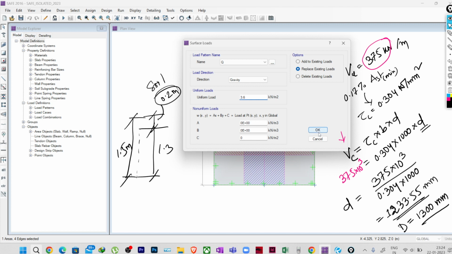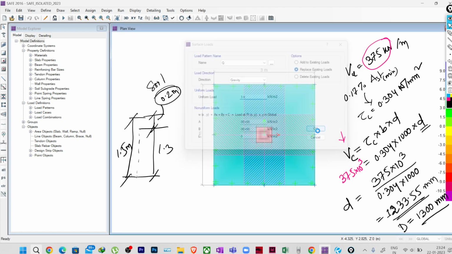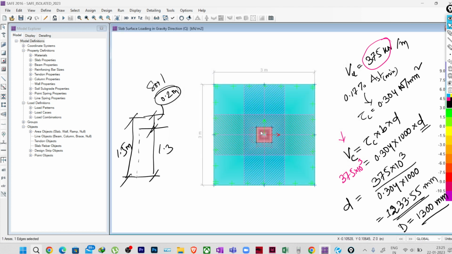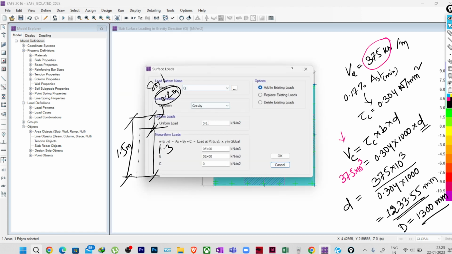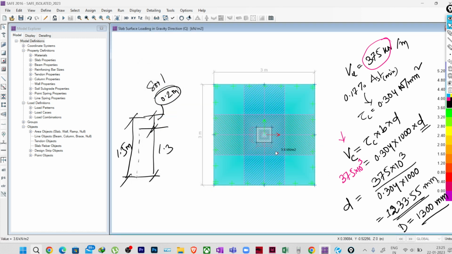So 3.6 kilonewton per meter square area load we have applied. Now to remove the load from this column location, I'll select this column location. I'll go to assign load data, surface loads, and I'll make it minus. I'll replace it. Okay, now you can see here it is 0, and in the other area it is 3.6 kilonewton